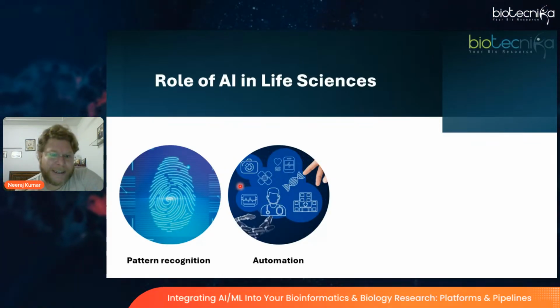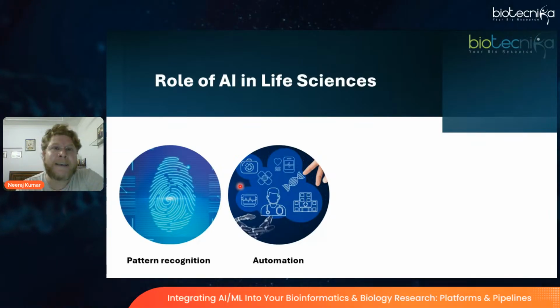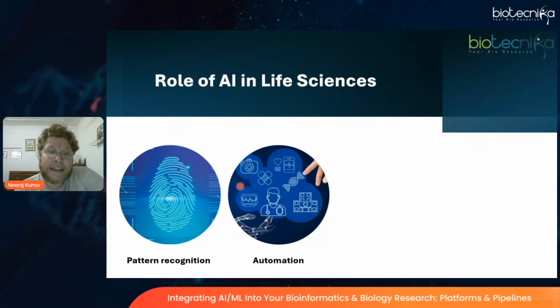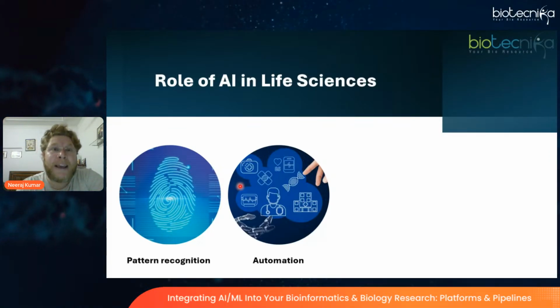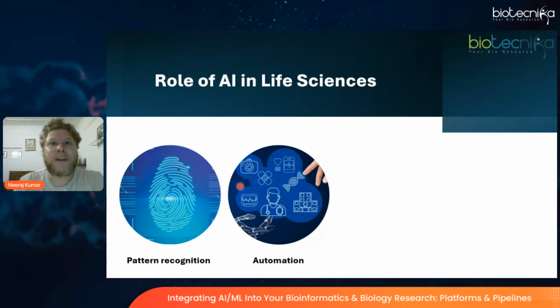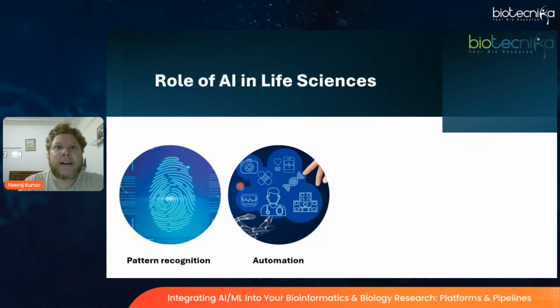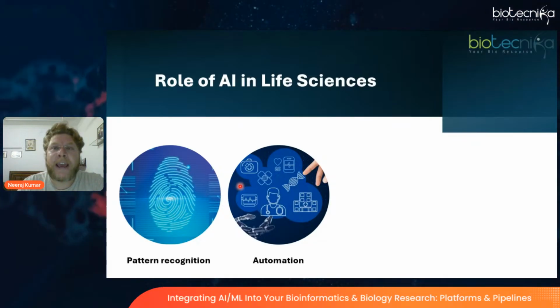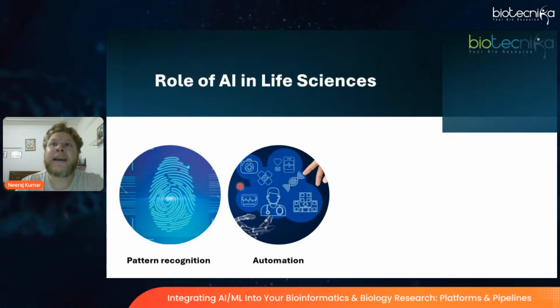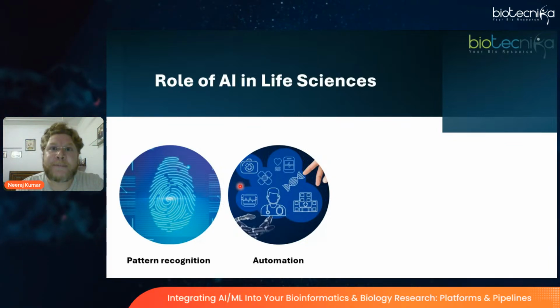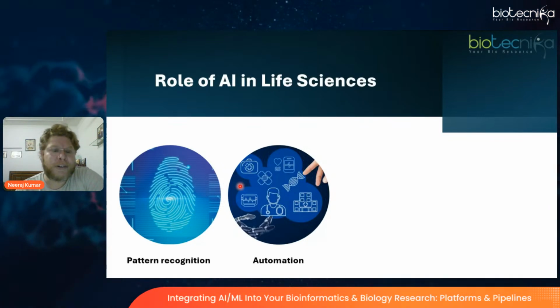Okay, so let's understand it by example. AI is being applied for lab automation. So what is lab automation? It is where robots powered by AI can perform experiments, handle samples, as well as run tests with high precision as well as speed. It is a process known as high throughput screening.